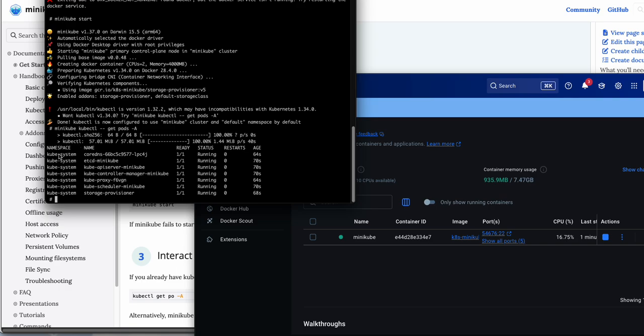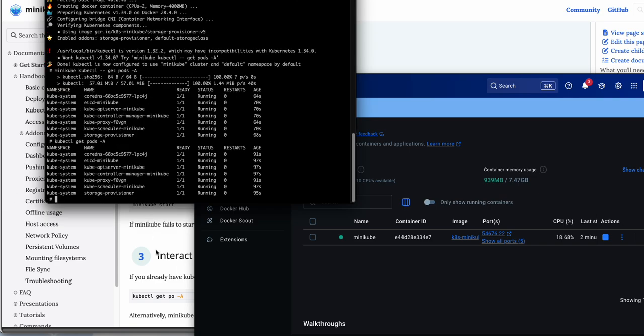Cool. Now you can see that you have your kube-system. You have your CoreDNS, etcd, that is here for your storage, API server, controller manager, kube-proxy, kube-scheduler, and storage provisioner. That's awesome. Now if I do kubectl get pods -A, yeah, so get all the pods. That is good. That is how you install Minikube, which will install Kubernetes on your local desktop,